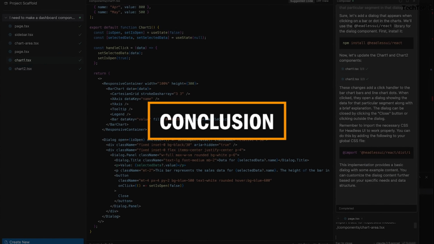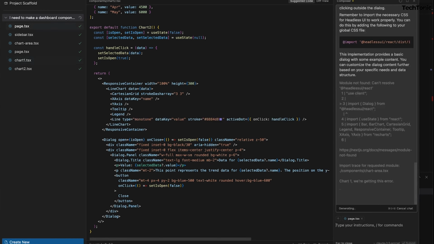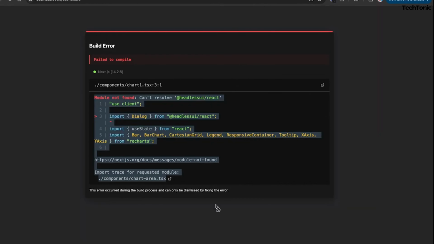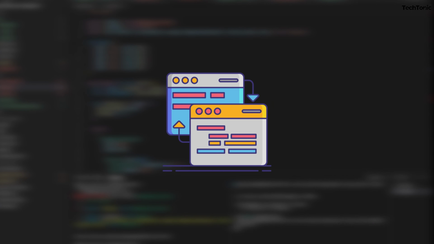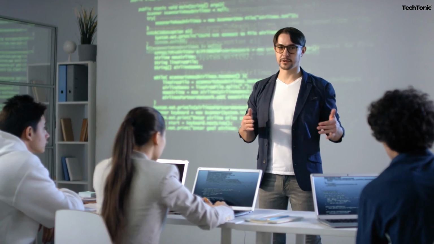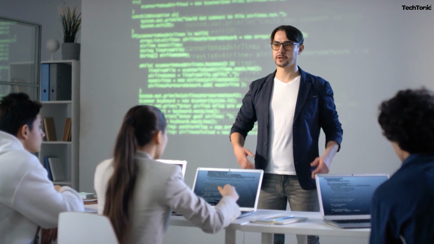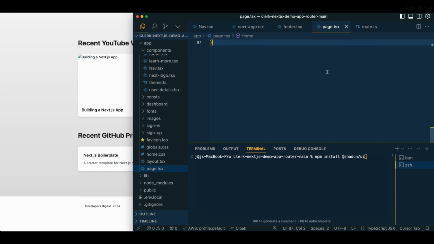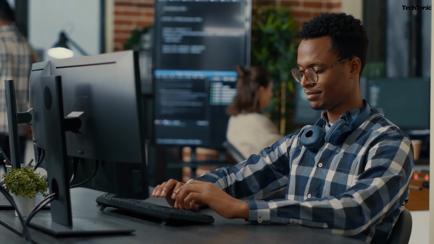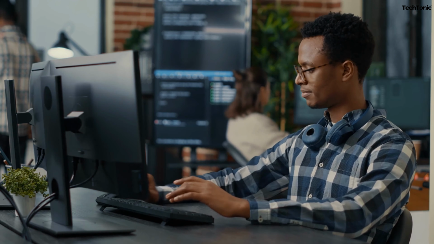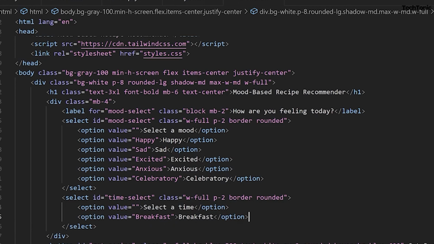Conclusion: Cursor AI transforms the way developers approach coding by offering natural language-driven code creation, intelligent debugging, and seamless refactoring. It allows developers to focus on problem-solving and creativity rather than repetitive tasks, boosting overall productivity. Whether you're a beginner or a seasoned professional, Cursor adapts to your workflow and scales with your needs, ensuring a